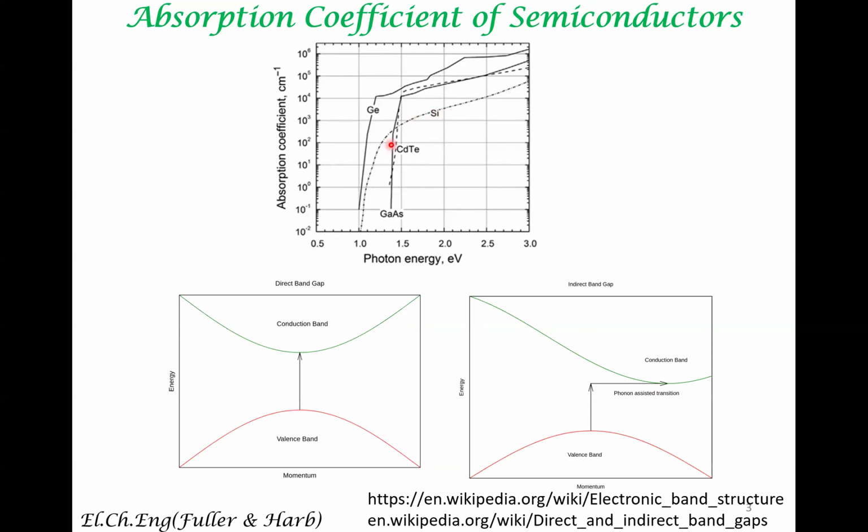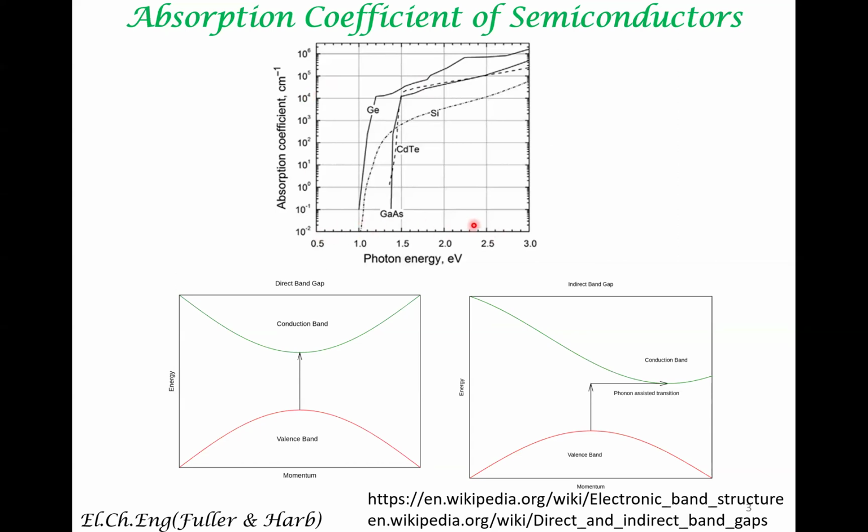Unfortunately, silicon is an indirect band gap semiconductor. Therefore, the thickness of silicon that has to be used for absorbing photons is in general greater. Okay, so in this plot, what we are plotting here is the absorption coefficient along the y-axis and the photon